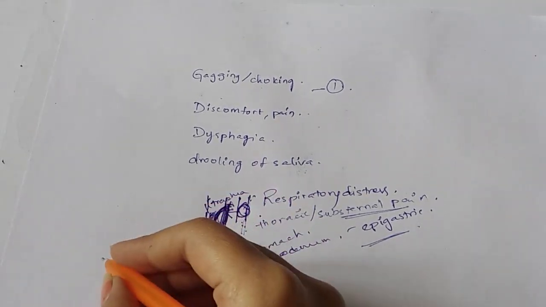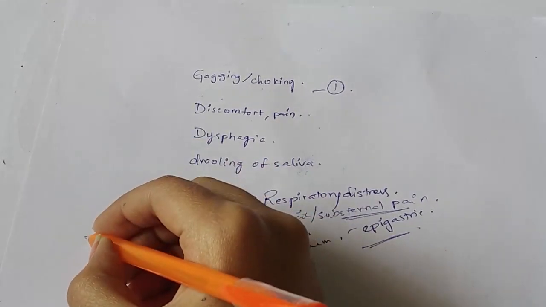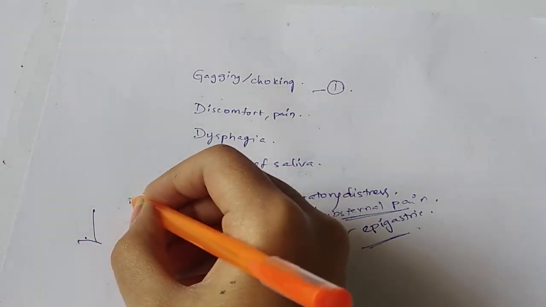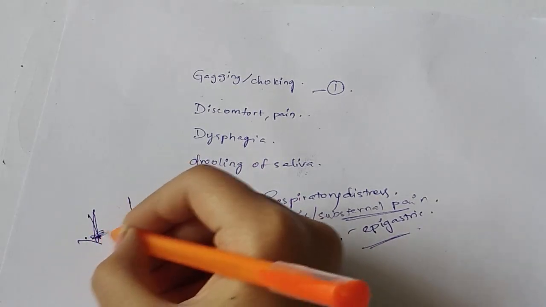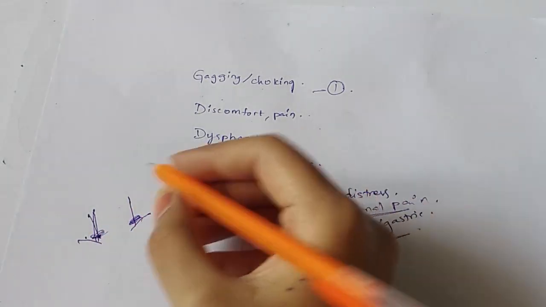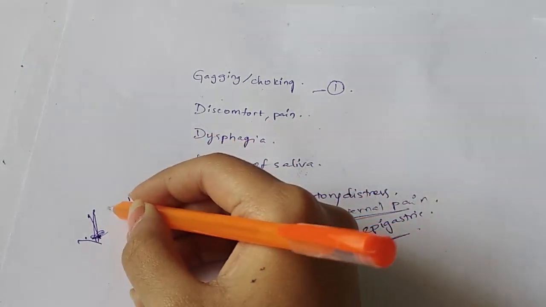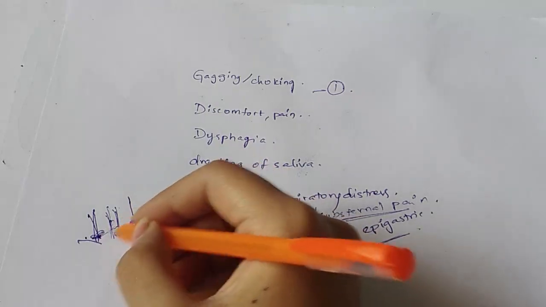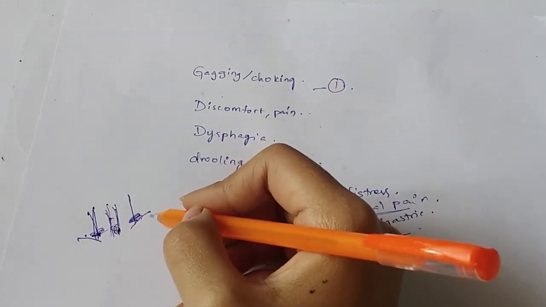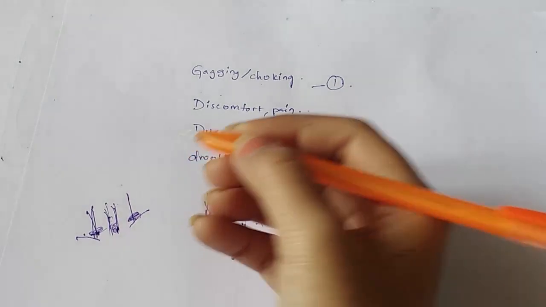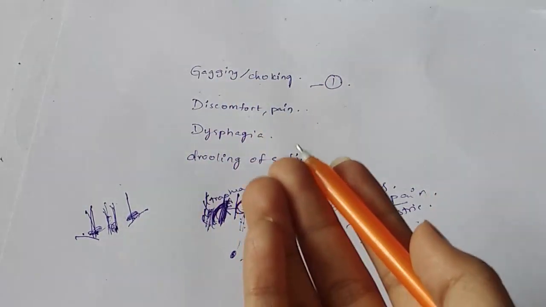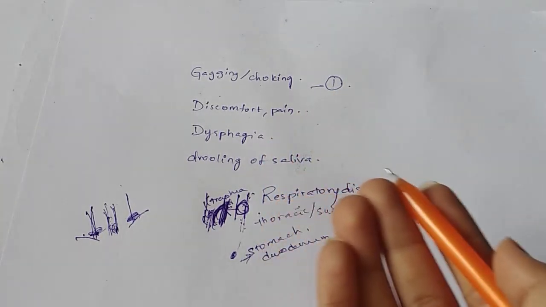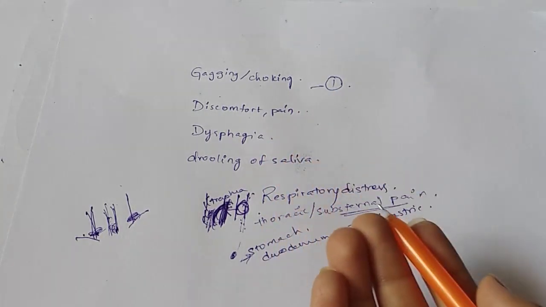And the next thing is signs. Coming to signs, if you palpate above the clavicle, the supraclavicular region, this is the neck, and if you palpate here, there will be pain or tenderness due to the foreign body lodged in the esophagus, right? So this will cause pain here. And if you examine with the endoscope, there will be accumulations of secretions in the pyriform fossa. What is the pyriform fossa?